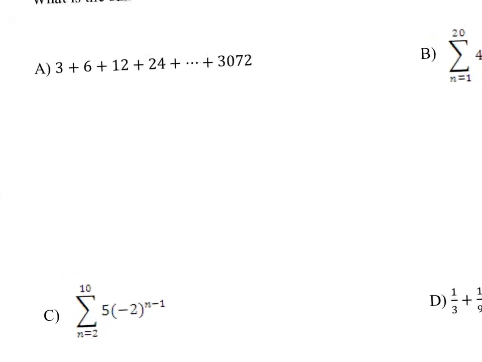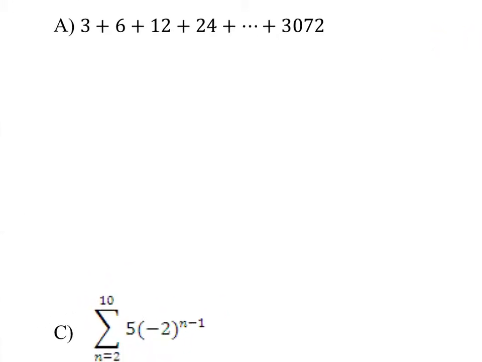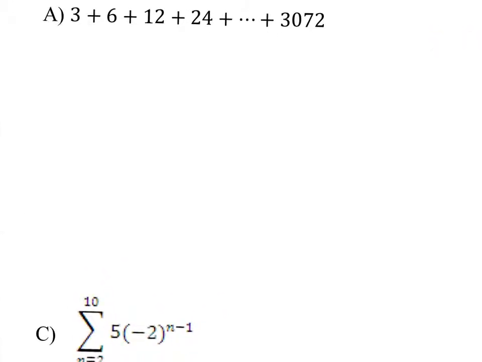If I'm looking at this, first I'm going to figure out what my R is, my common ratio. It looks like I'm multiplying by 2 each time, so my R is equal to 2. I have to figure out what term this is. Right now, 3 is my first term, 6 is my second term, 12 is my third, and so forth. So I'm not sure what term this is,